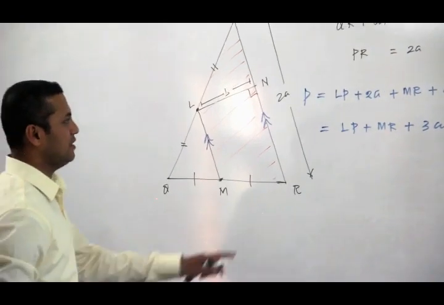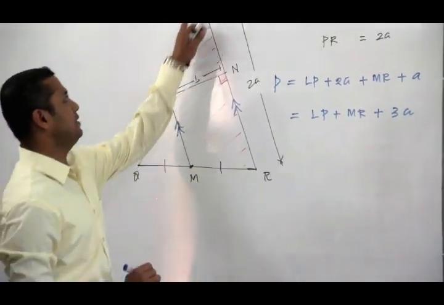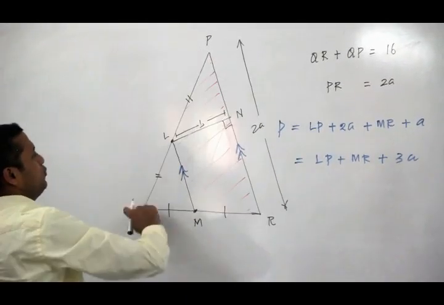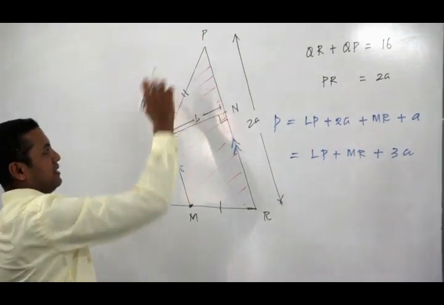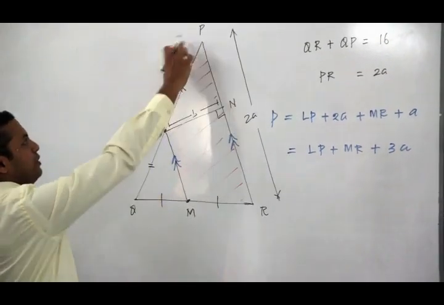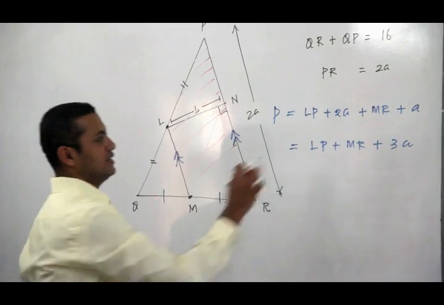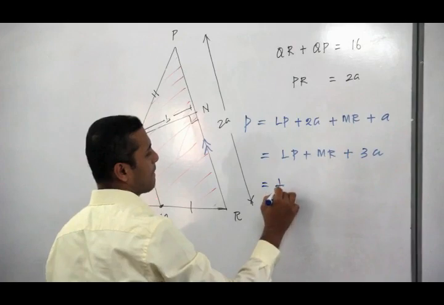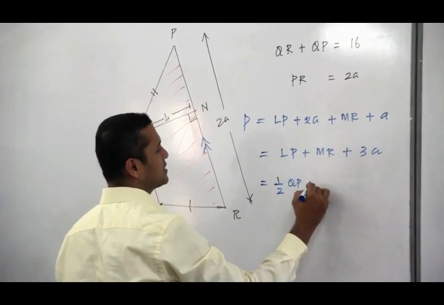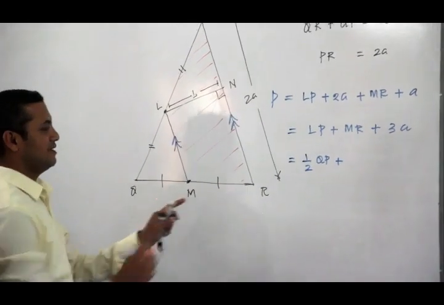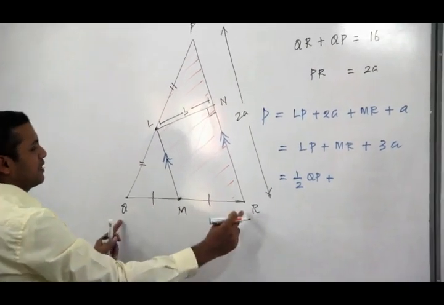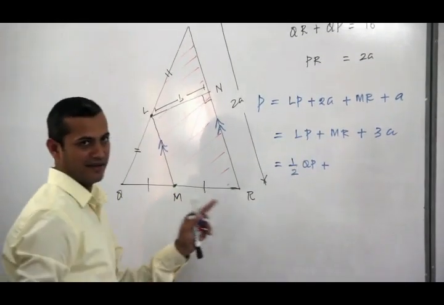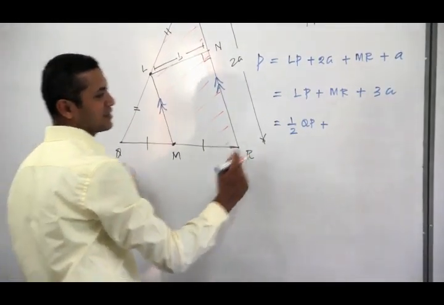Okay. Now LP is equal to half of QP, isn't it? LP is equal to half of QP. Why? Because L is the midpoint. So instead of LP, I can write what? Half QP. Half QP plus MR. See, this will be half of QR because M is the midpoint of this side. So instead of MR, I can write what? Half QR